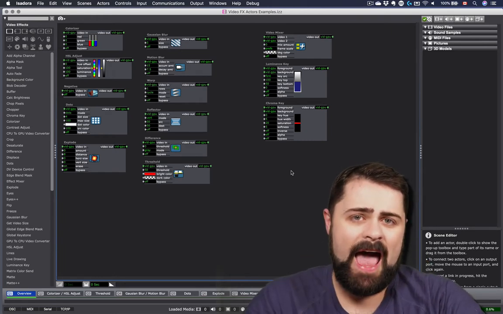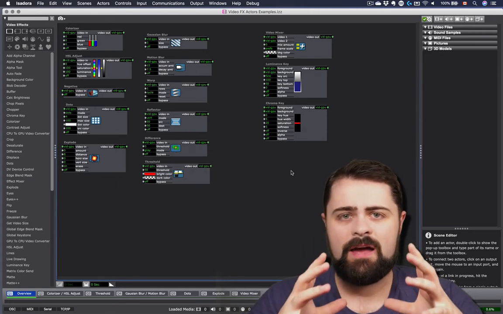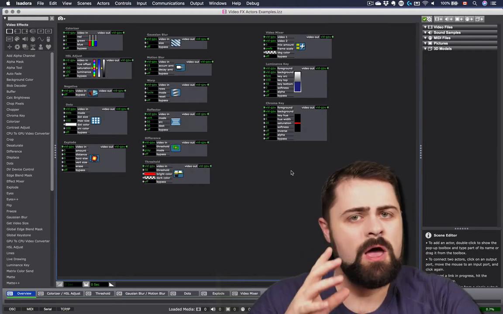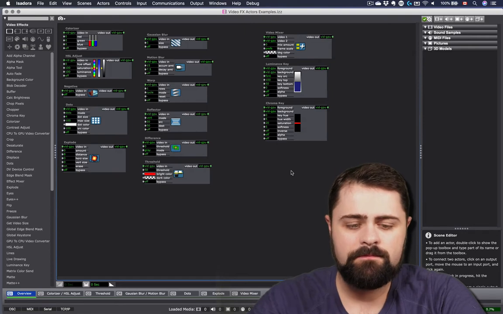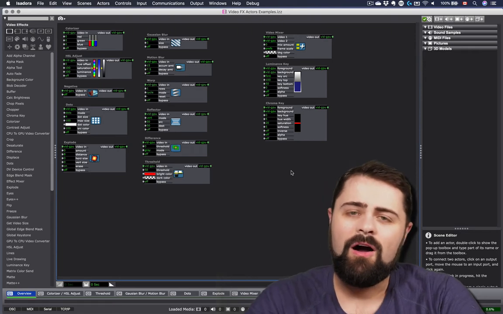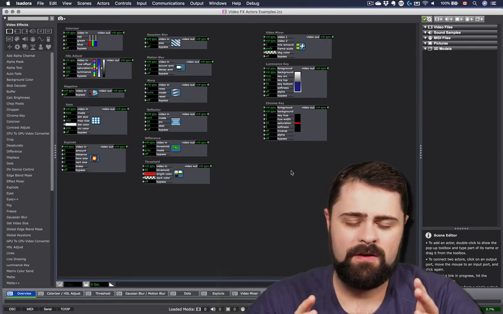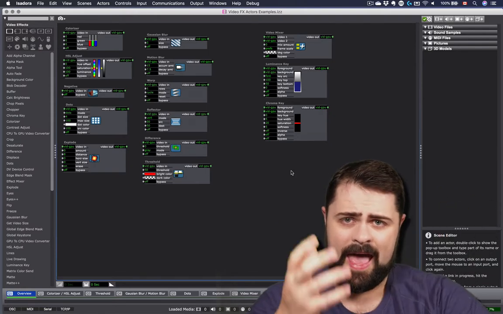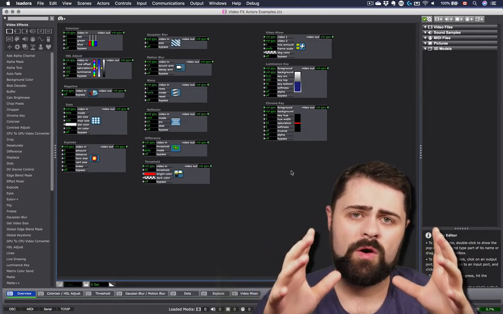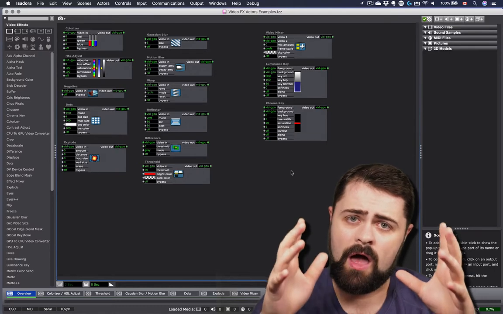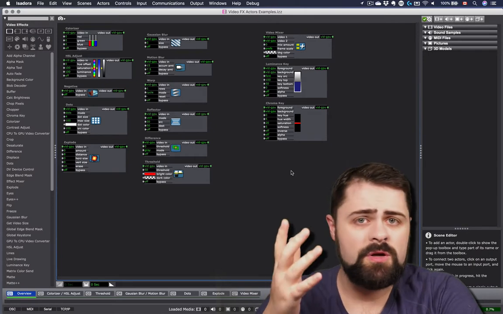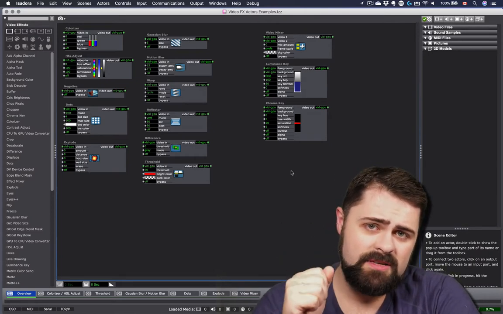Now, these video effects actors are extremely diverse. There are so many of them, and all of them have unique functionalities, but they all work on a similar principle. All of these video effects actors, some of which are floating up on the screen here, are actors that we are going to put in the video feed somewhere between the source and the destination, such as in between the movie player and the projector actor, and they are going to alter the visual qualities of that video stream in some way, shape, or form according to the parameters that we set out for that specific actor.